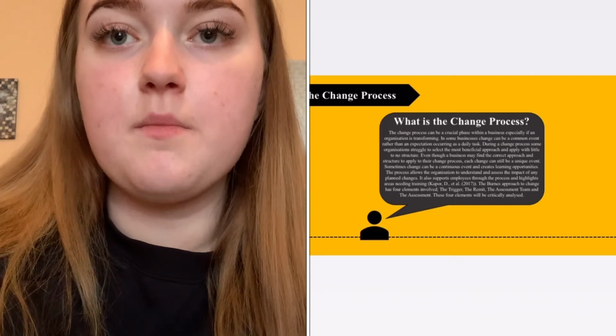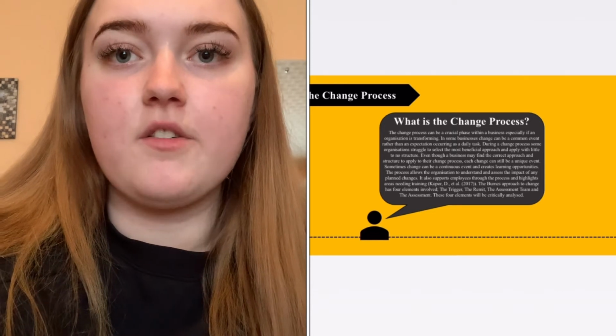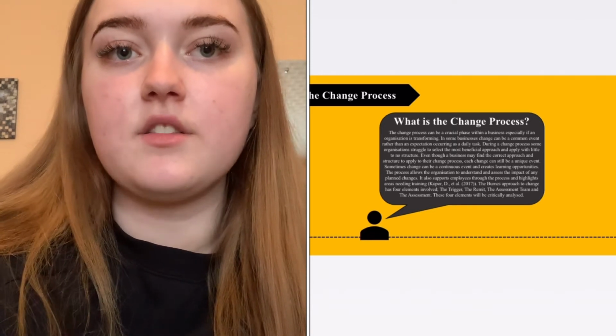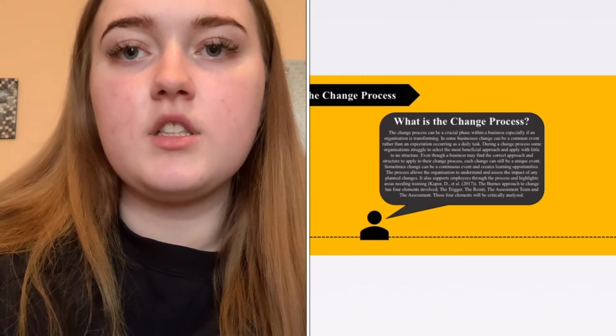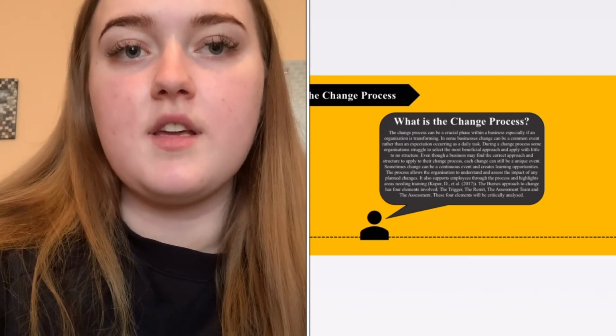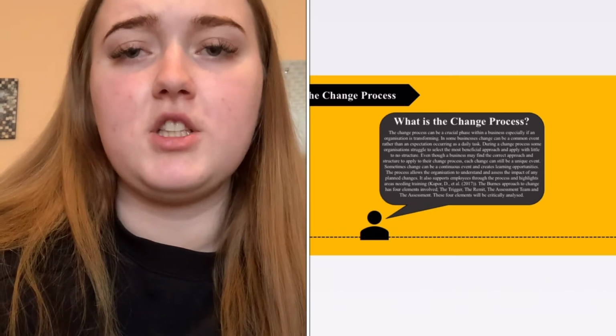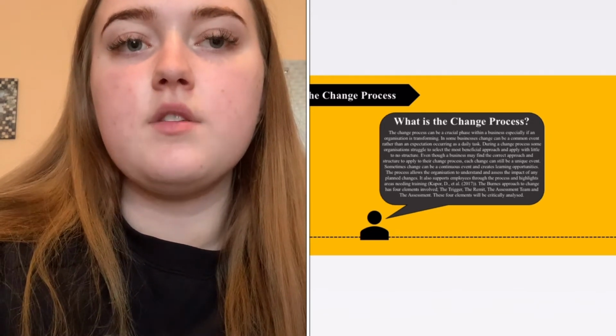The change process can be a crucial phase within a business. In some businesses, change can be a common event rather than an exception, occurring as a daily task. During the process, some organisations struggle to select the most beneficial approach and structure to apply to their process. The process allows organisations to understand and assess the impact of planned changes, also supports employees through the process and